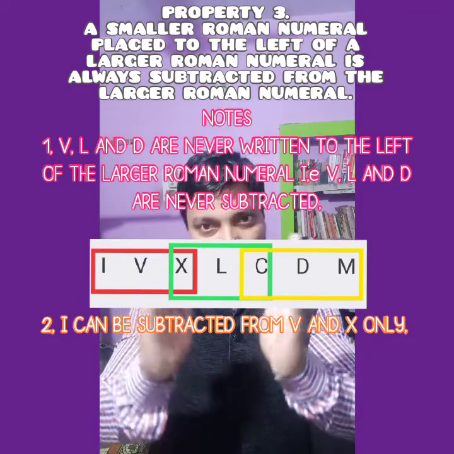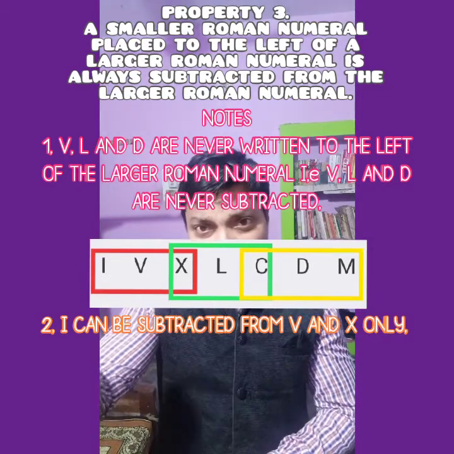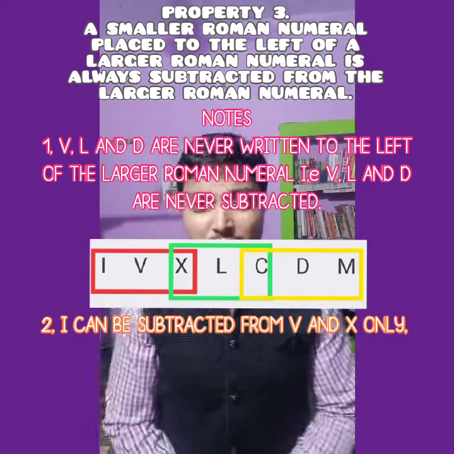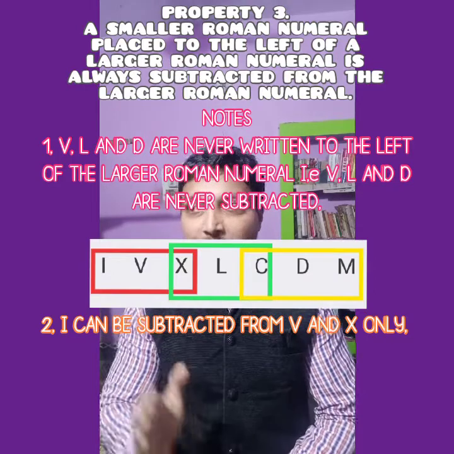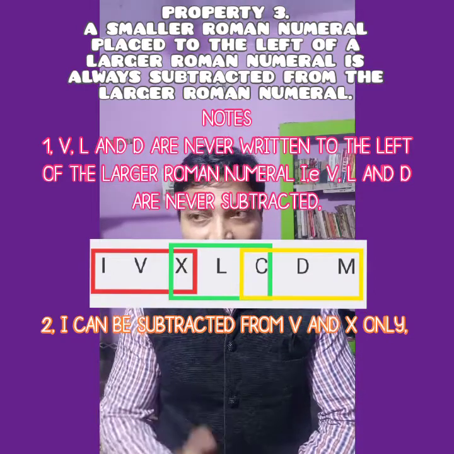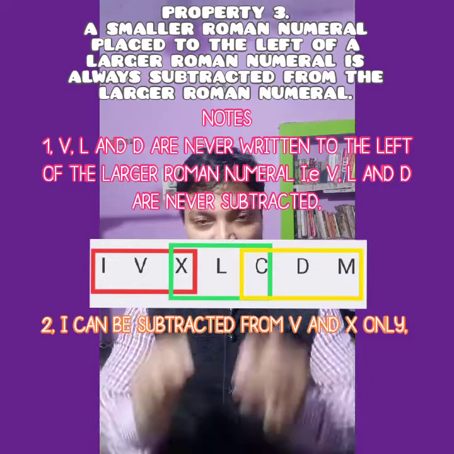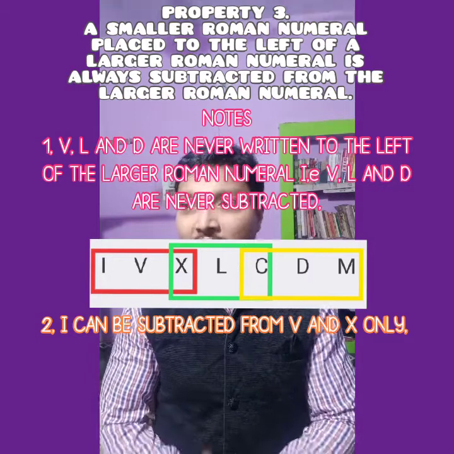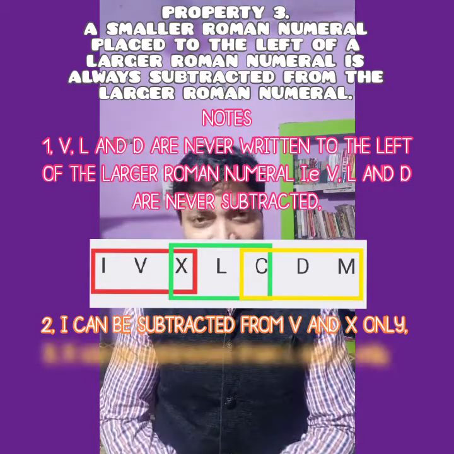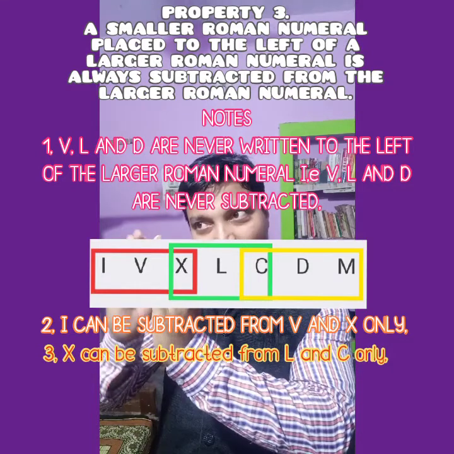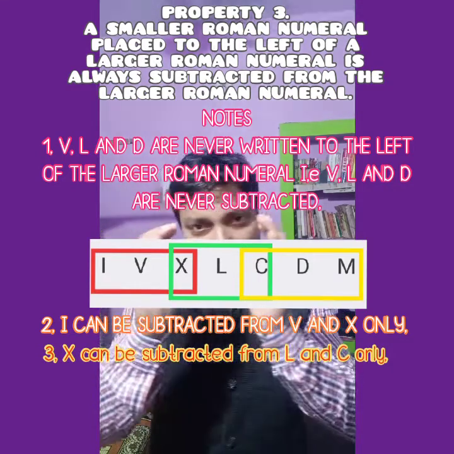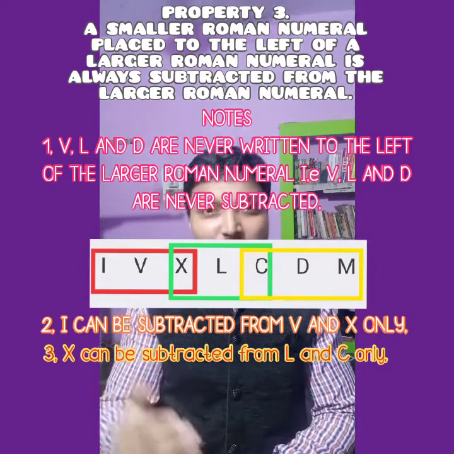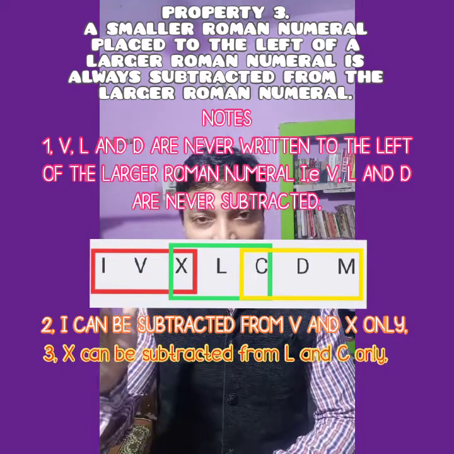First 3 collection is over. So which one is the end one? Which one is the end letter of the first 3? It is X. So just like from the first 3 collection I, V, X, I can be subtracted from V and X only, in the same way, the last symbol is X. In the same way, it will start from X, then L, then C. Once again we will make one group: X, L, C. And remember, X also, just like the previous one, can be subtracted only